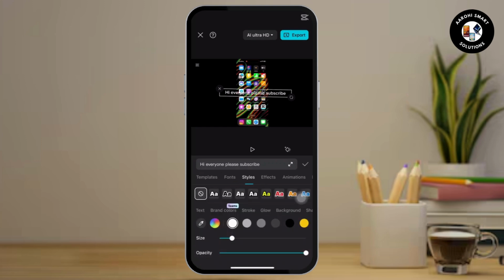top right corner. But if you want to change the font, then you have the various options available at the bottom. Here I am choosing any randomly, but you can go through all this and check one by one. And once done, tap on the export and download this video to your